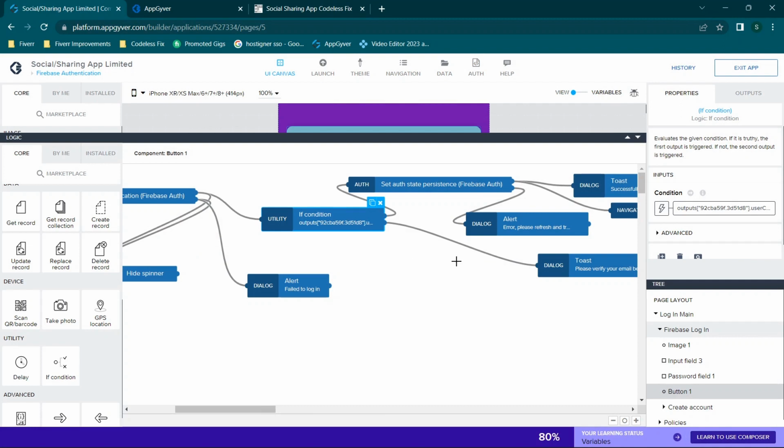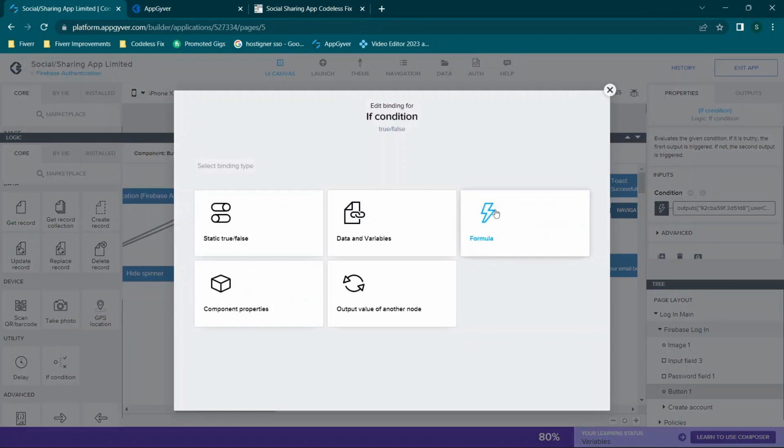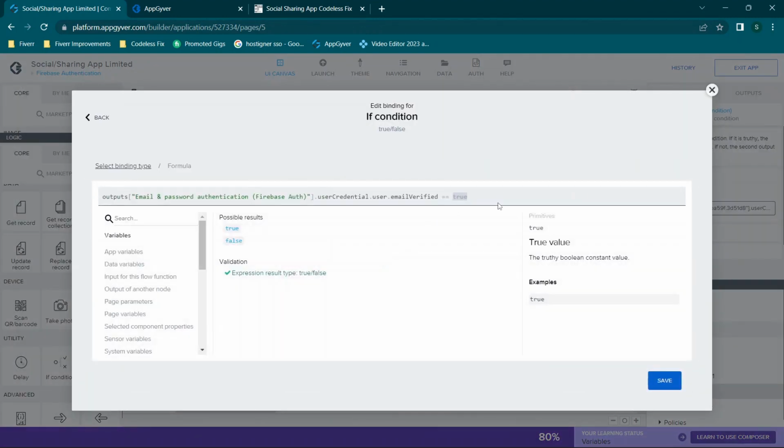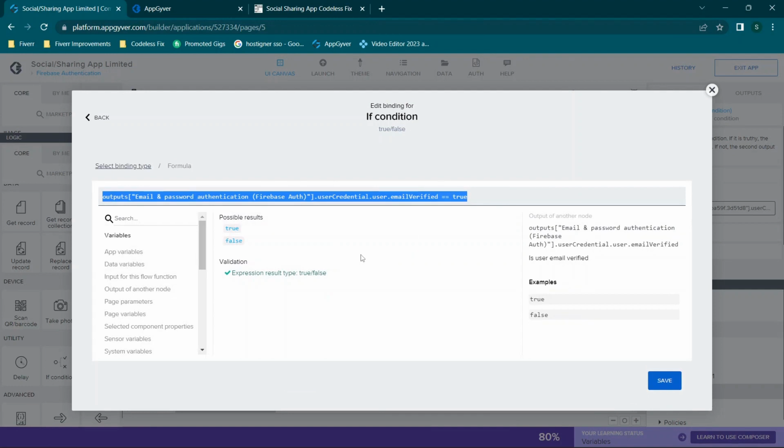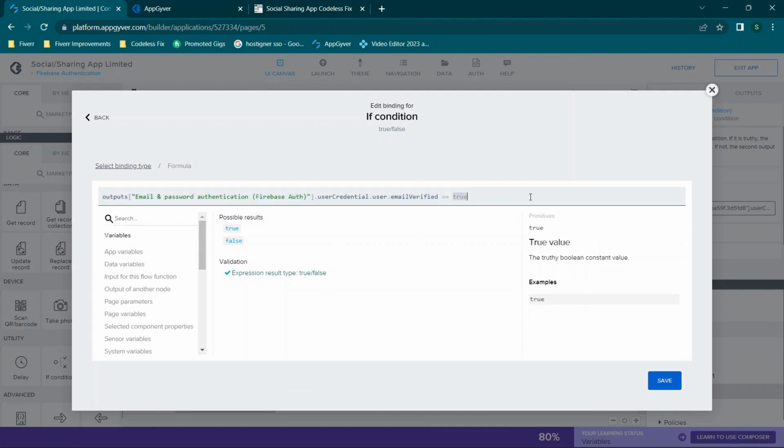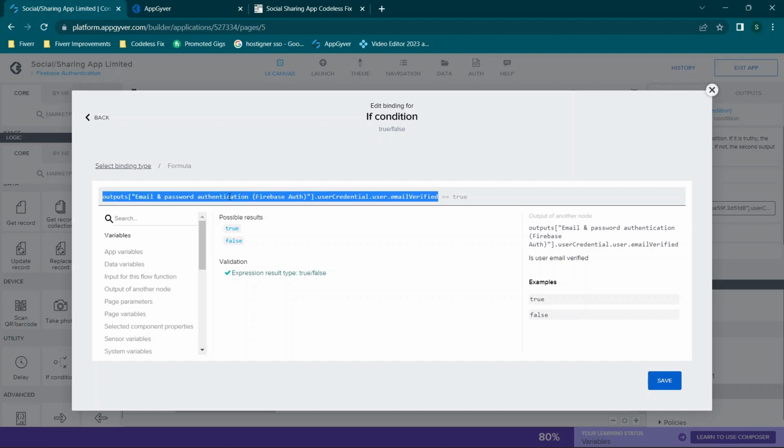When you click that, this screen will go away, and then you'll notice something set up here. Then you can actually click it again and go to formula, and it will have the entire thing typed out for you. So basically what we're doing is we're checking with an if statement to see if this is true or false. In this case, if the output of email password authentication, user credential.user.email verified, basically saying if this is verified,